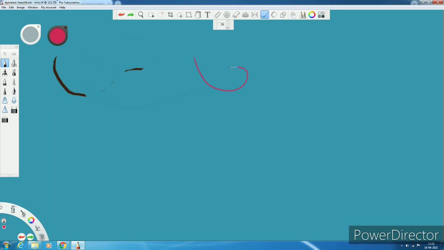There is a string which is attached to the pen. You can increase or decrease the size of the string. I personally like this tool because I am using a mouse. This tool reforms the irregularity in the shapes and lines we draw. These are some simple shapes and lines.